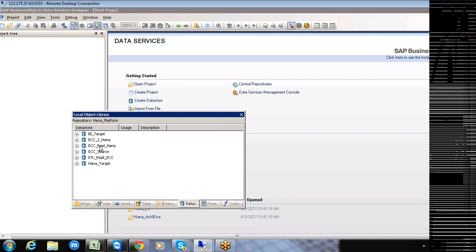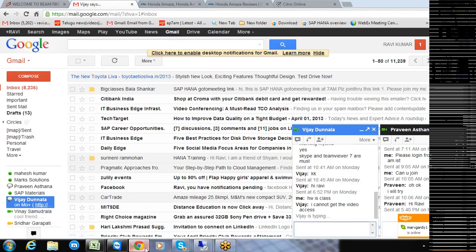One is ECC replication HANA, as well as ETL replication ECC. These are the two connections that have been created. One is ETL replication underscore ECC, and the next one is ECC replication HANA. These are the two things that have been created here.